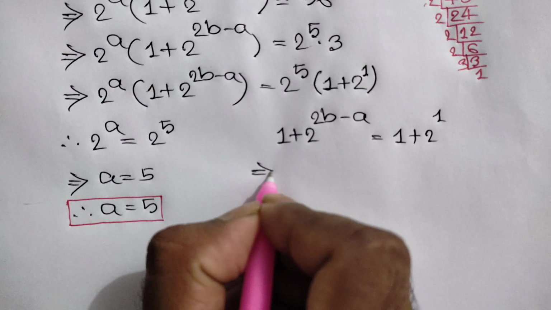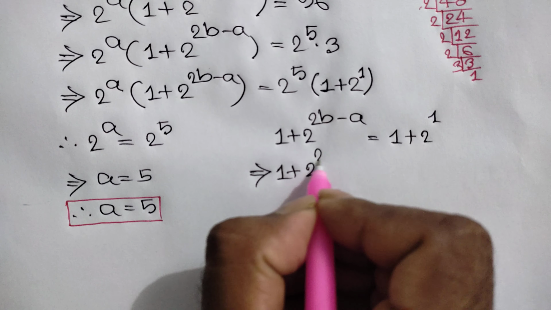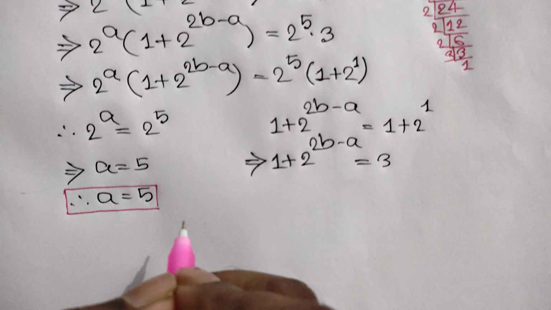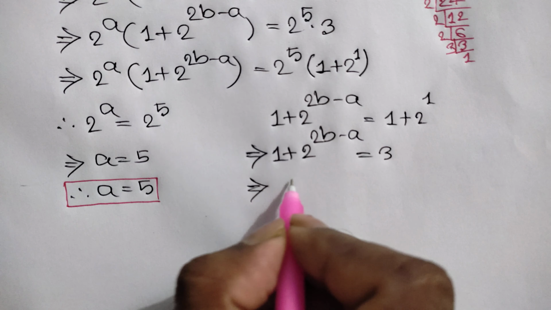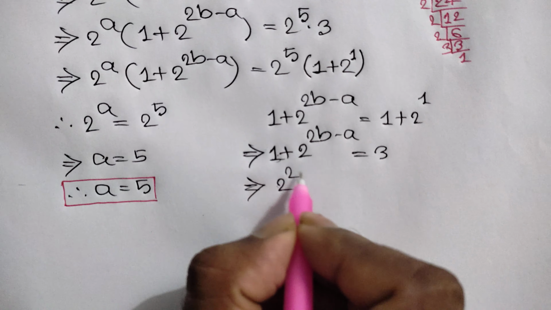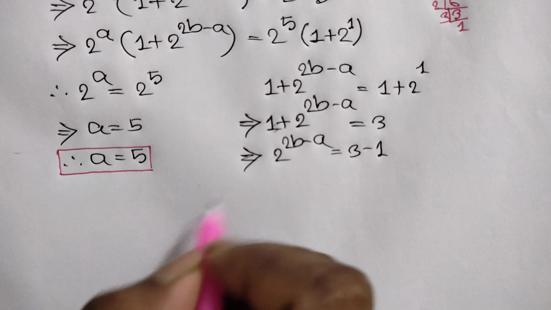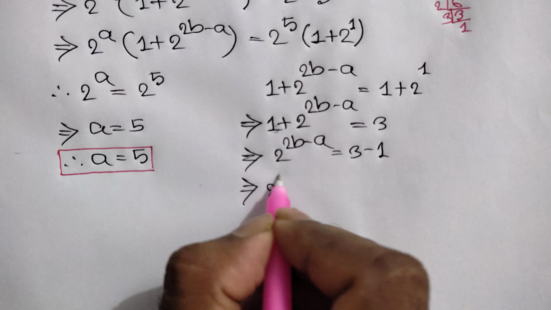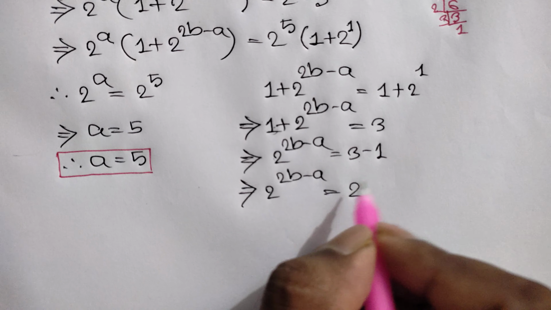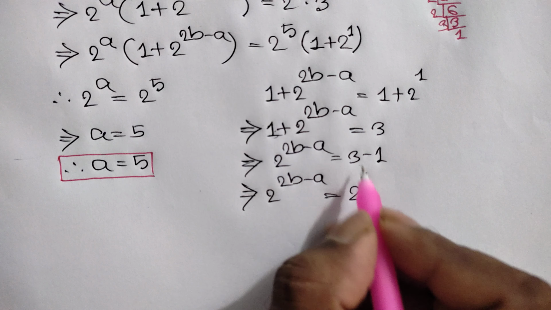Now here we can write 1 plus 2 to the power 2b minus a is equal to 1 plus 2, which is 3, or now taking this 1 to the right side, we can write 2 to the power 2b minus a is equal to 3 minus 1, or 2 to the power 2b minus a is equal to, here we will get 2, but we can write here 2 to the power 1, because 2 to the power 1 is the same as 2,